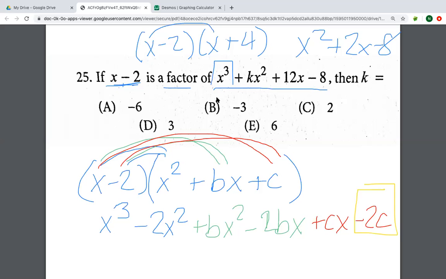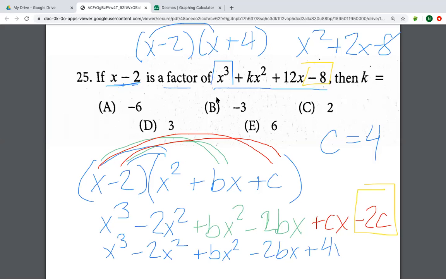should be equal to negative 8. So what does that mean c is? 4. Yeah. So now we know that c is equal to 4, okay? So I'm going to go back and plug that in. So I have x cubed minus 2x squared plus bx squared minus 2bx plus 4x minus 8. Okay, so now I know that this one,